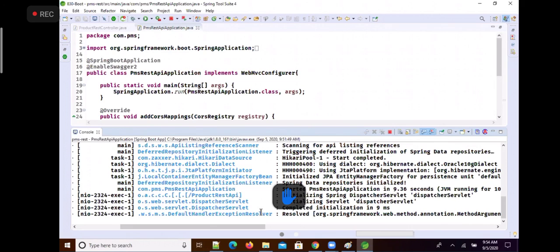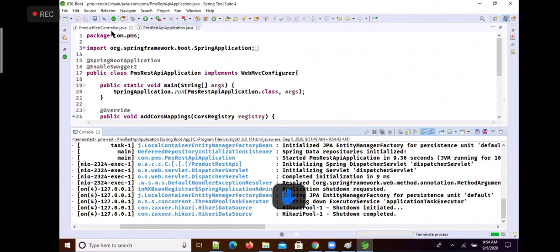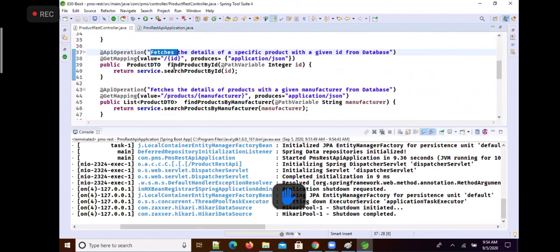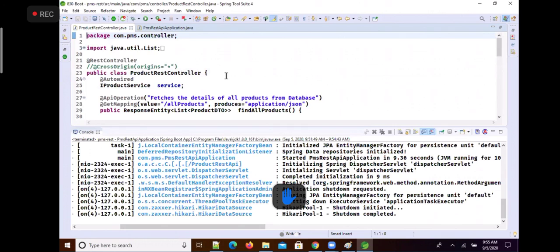That is the reason why we'll do one thing. I will explain you. For some time, I want to change this endpoint as slash product slash ID. Otherwise, what is happening when I type swagger hyphen UI.html? Now it is going to call this ID endpoint of this product REST API, but it is not calling that HTML file. So I would like to start the server again.